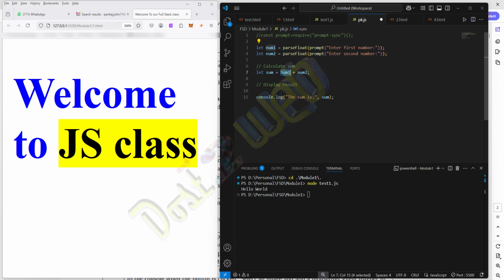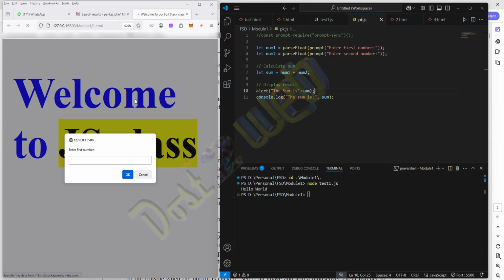Okay, now we have done the summation. Again, this summation is going to show in the log. We don't want to show it in the log. What we want is for it to show the result as an alert box. So there is a code called alert, right? You can write the alert, the sum, right? And you are going to write plus sum or only sum and semicolon, save it. Now the moment I save, you can see on the left-hand side my result comes